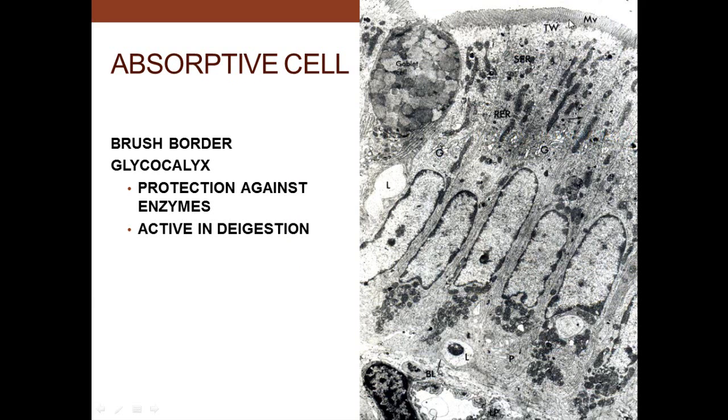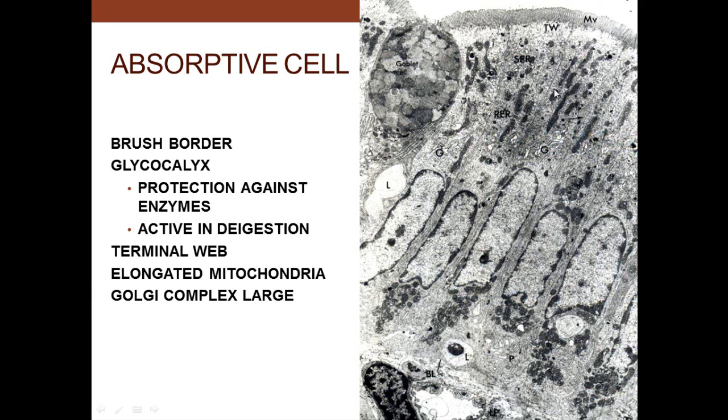There's a goblet cell here, but the glycocalyx, there's a terminal web in through there, elongation of the mitochondria, lots of Golgi apparatus in through there, and the smooth endoplasmic reticulum located in that region, as we'll see a little later on, and interdigitation between adjacent cells, and we have lots of mitochondria at the base for